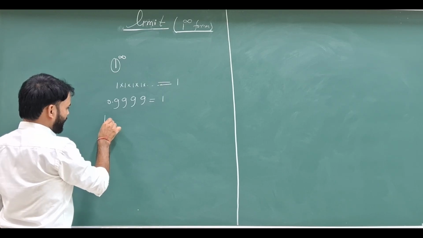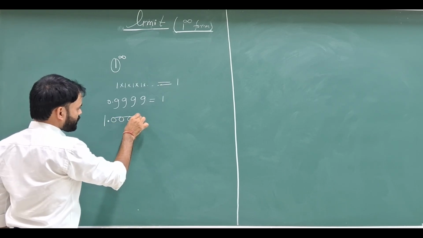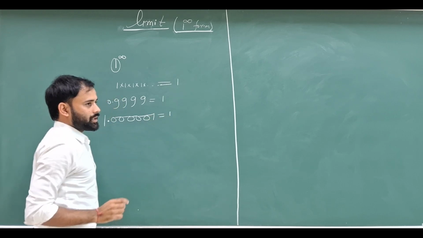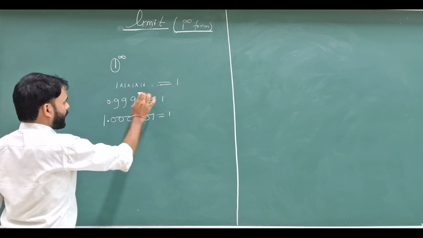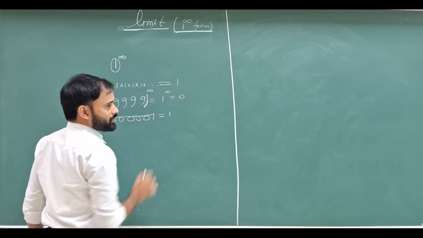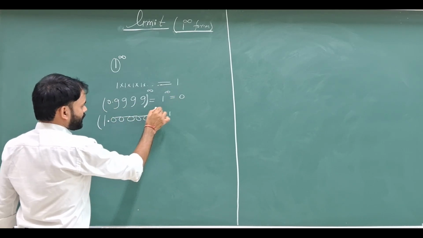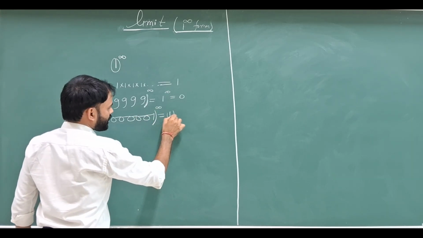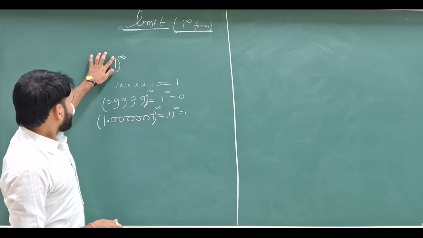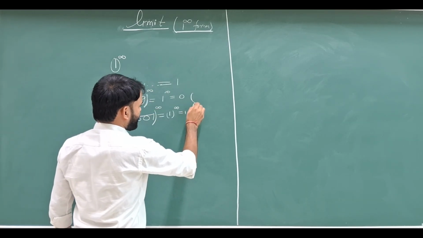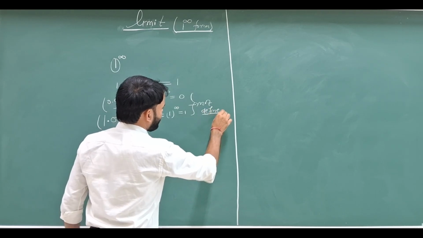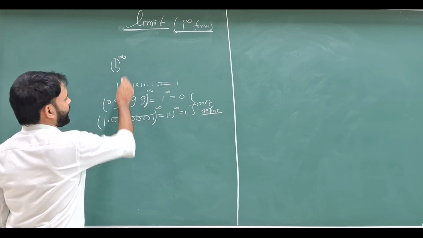And from the right side 1.00001 you can also consider like 1. If I take whole quantity like infinity, this quantity goes to 0, and I take infinity power, this quantity goes to 1. So it is not defined, you can see this is not defined,